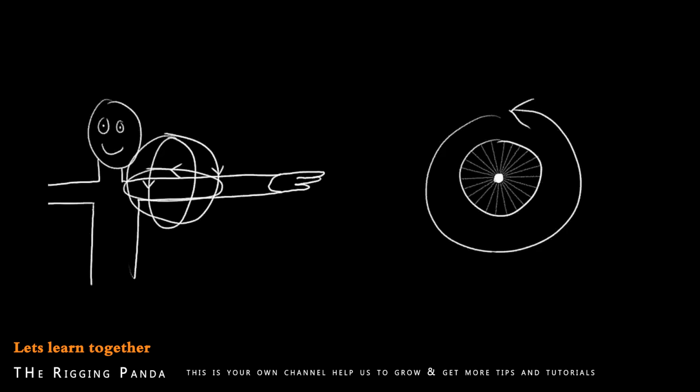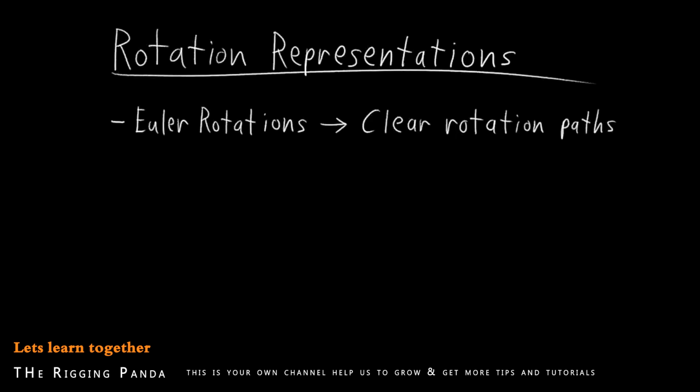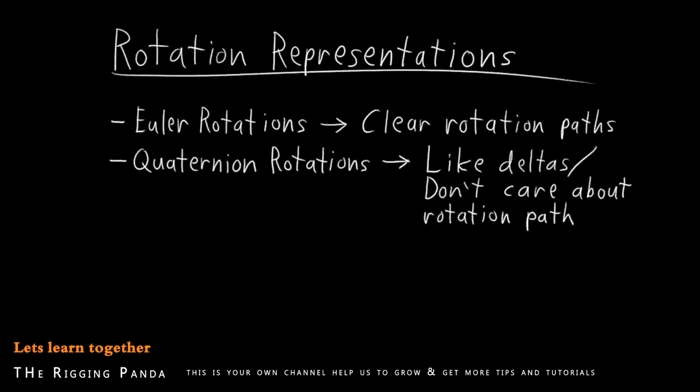All of this weird theoretical stuff also strongly influences what rotation representation we choose for different rig controls. Some rotation representations, like Euler rotations, have very clear rotation paths. Other rotation representations, like quaternions, are much more like rotation deltas and don't care about the rotation path. And these differences between rotation representations will inform which rotation